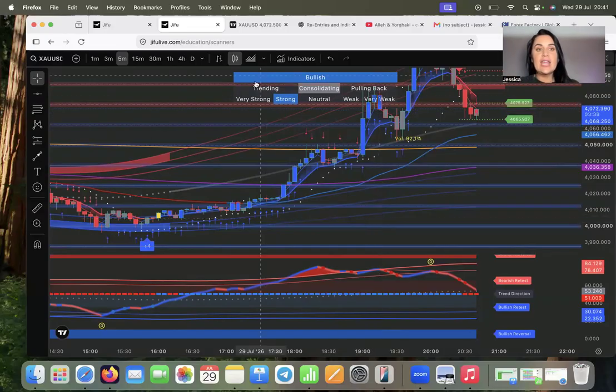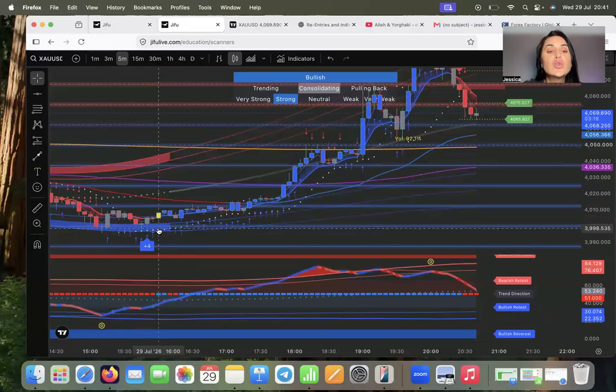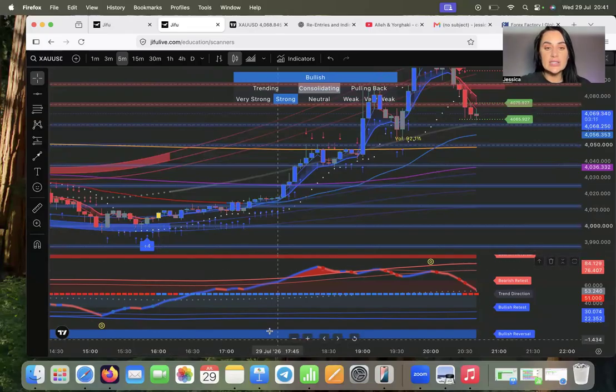Vice versa. If I'm getting in a sell, I want to be selling at the highest point, because I want price to decrease. So if I'm selling at the top here and my TP's down there, I'm making money in that move. I'm making money in that space. So your entry price is so important. Sniper Pro told you at 4 o'clock. So you could have been in this trade